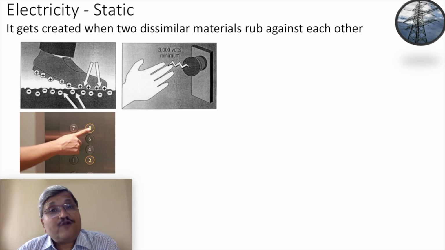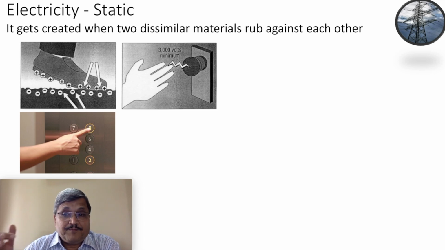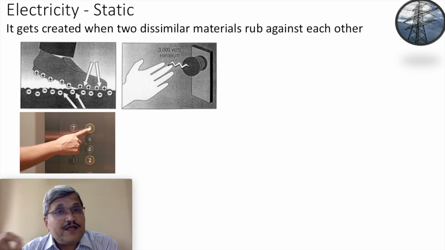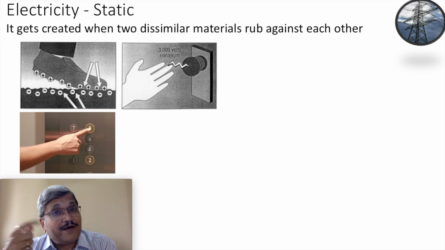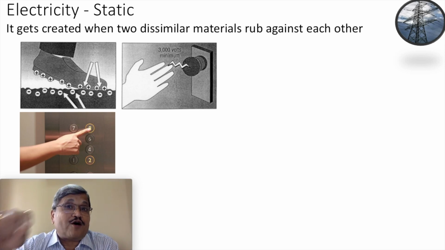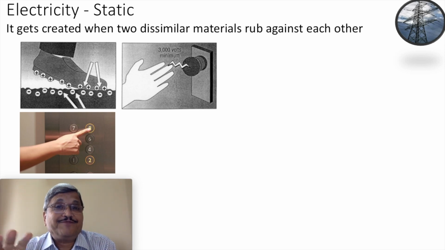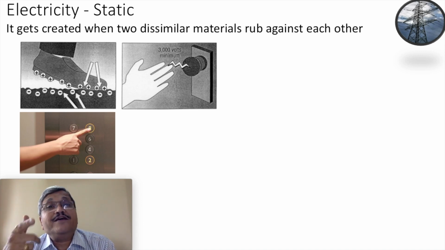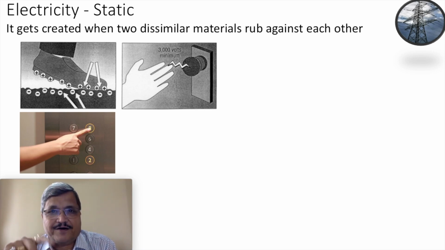So actually the knob of the lift was not giving you a shock, it was the other way around. You were giving a shock to the lift. Actually the lift should have complained, but the human being says, I get a shock from the lift. It is the other way around. You are giving a shock to the lift, because the lift has solid earth, and your charge gets earthed.